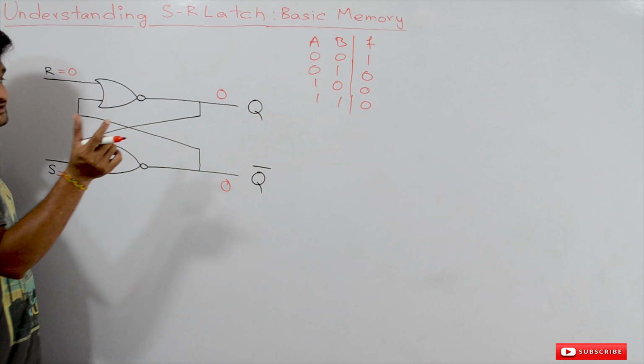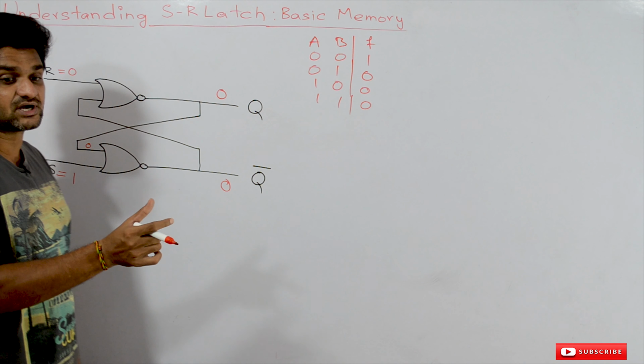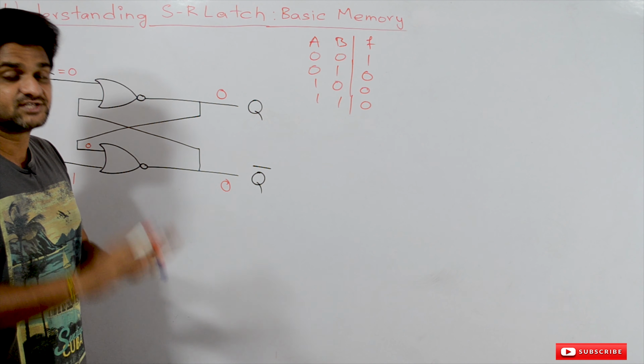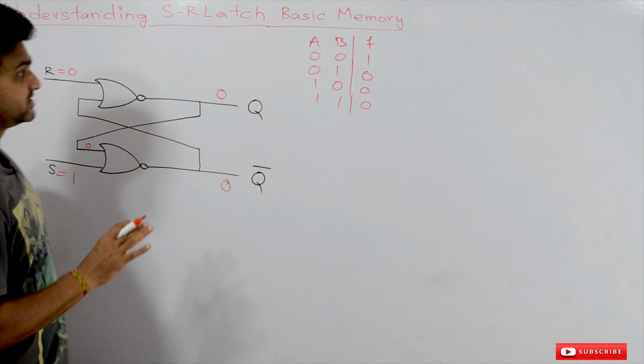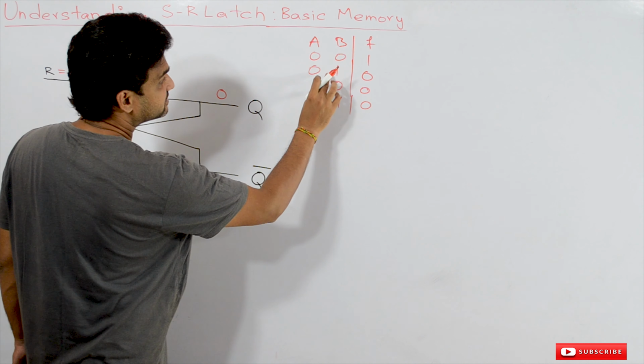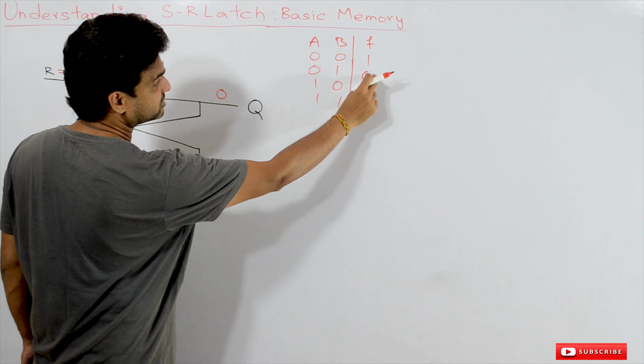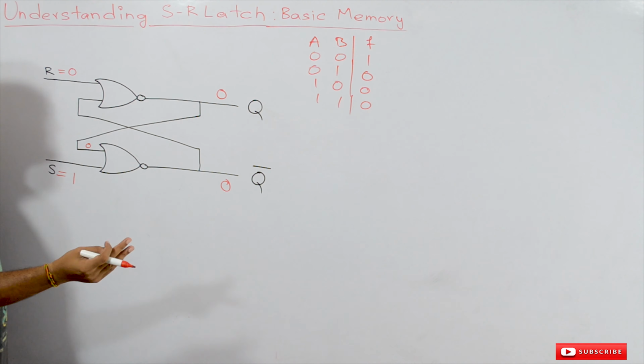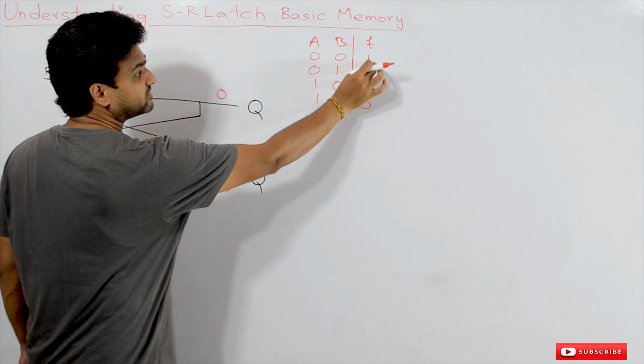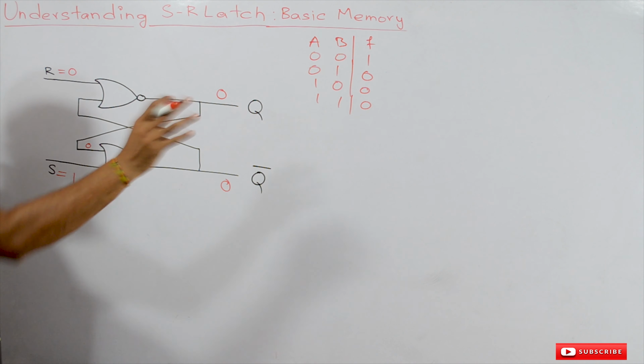So the logic is very important to understand. We will cover the concept very slowly, so please try to focus on it. Whenever there is at least one 1 in the input, the NOR gate is going to produce an output of zero. If both the inputs are zeros, then only it is going to produce an output of 1.